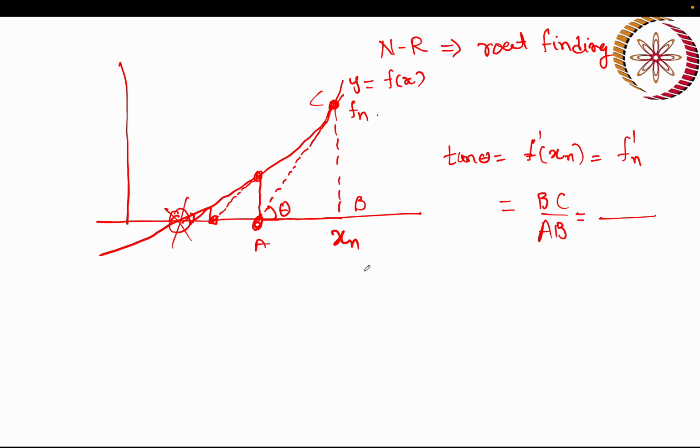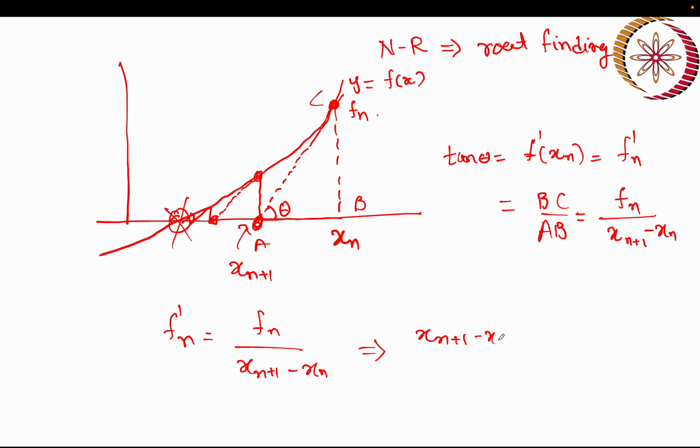Let's say after n plus 1 iteration we reach this value, so AB is xn plus 1 minus xn, and BC is nothing but the function value at n location. So the equation we have is f dash n is equal to f n by xn plus 1 minus xn, and we can write xn plus 1 minus xn is equal to fn upon f dash n. So xn plus 1 is nothing but xn